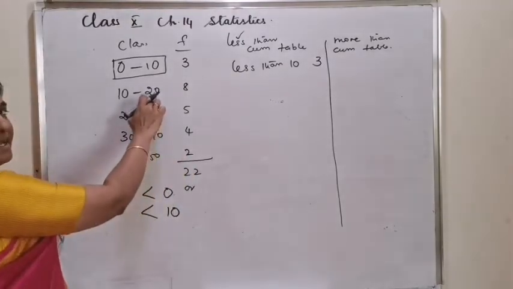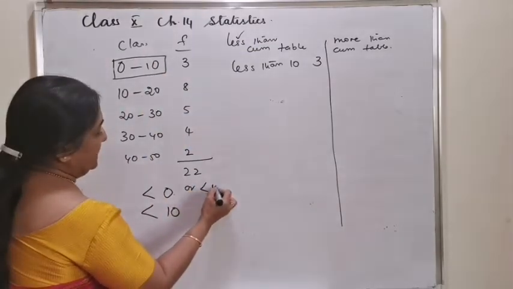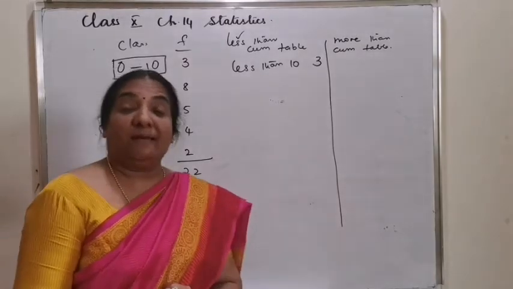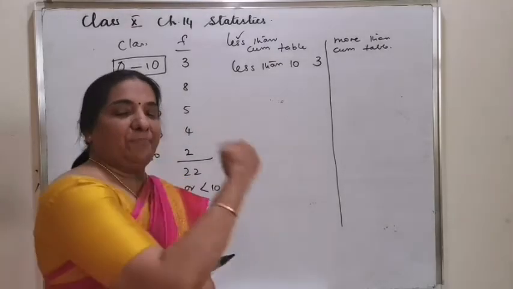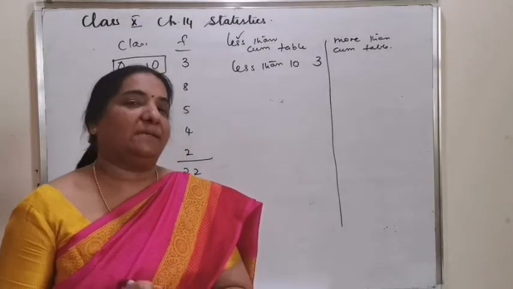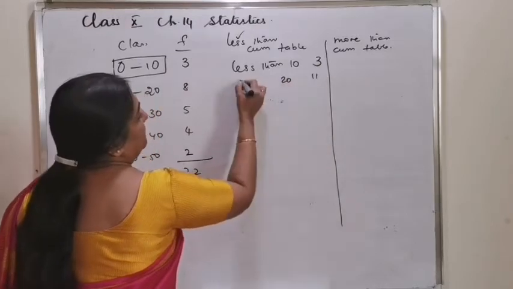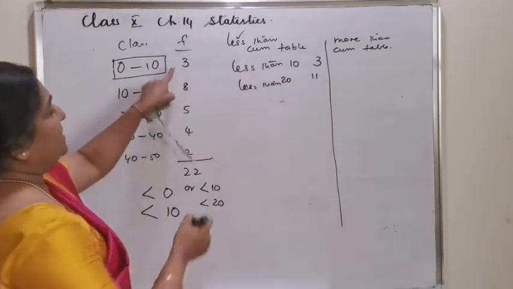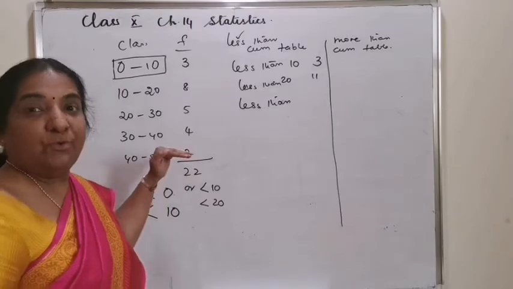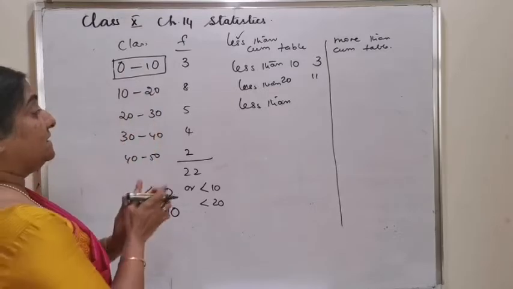Similarly, for the next class, ask less than 10 or less than 20. 10 is already taken. It is less than 20. How many are there? That means from the beginning, less than 20. The question is only how many below 20. Below 20 it is 3 plus 8. Less than 20, 3 plus 8, 11. And similarly, each class, if you understand this, less than 10, less than 20, less than 30,